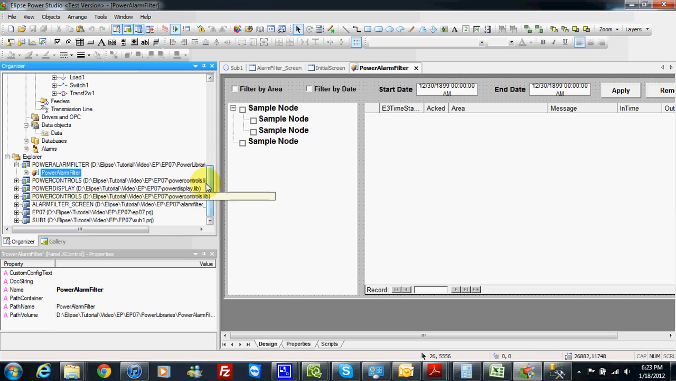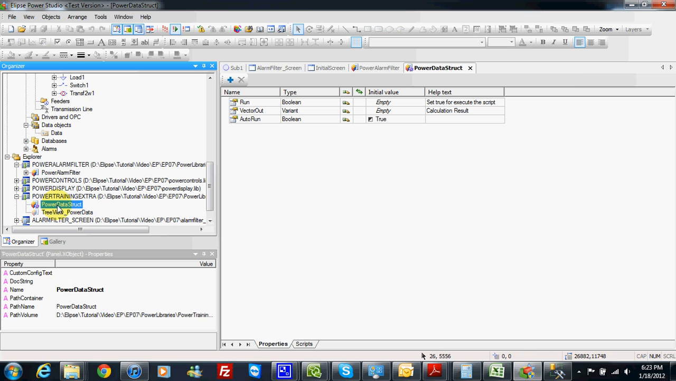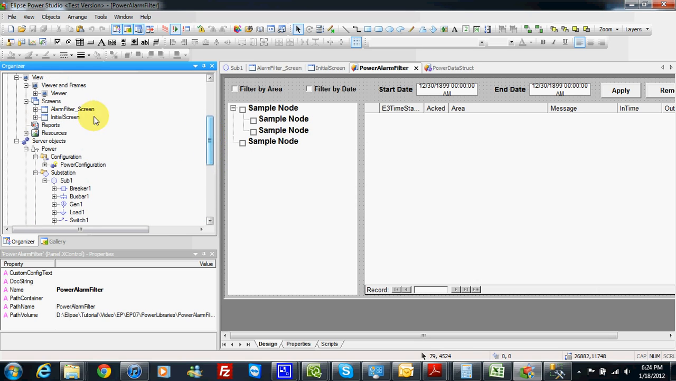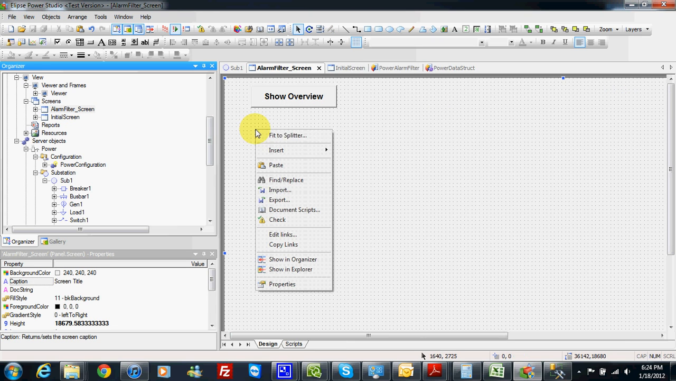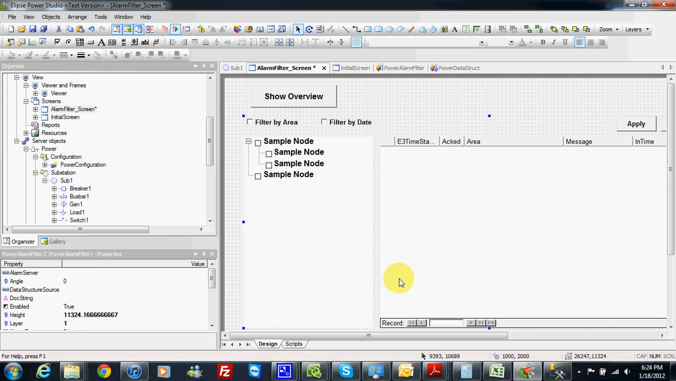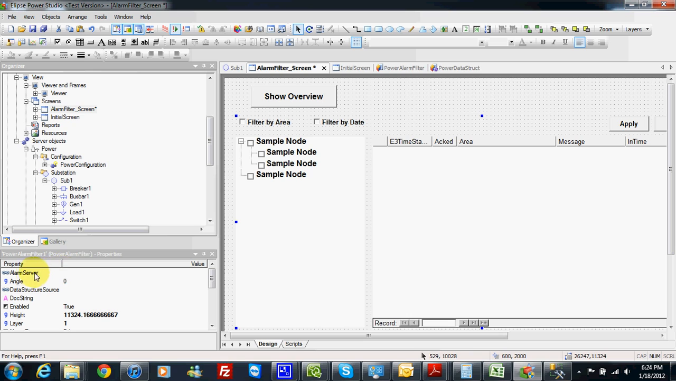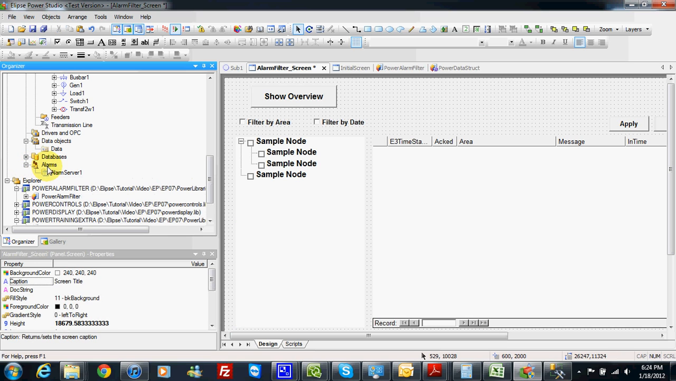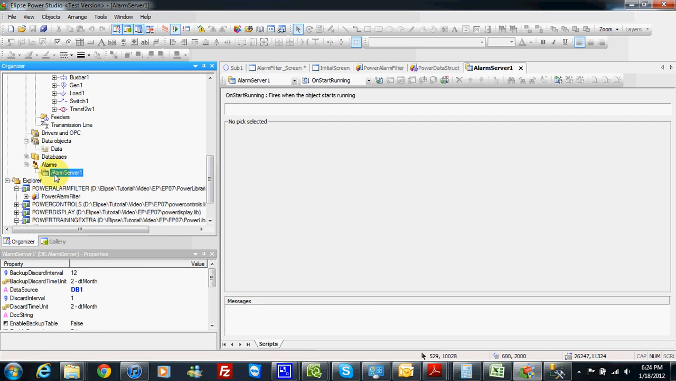So now also I have one X object I need to use, this object called power data structure, and this is very useful to make the filter work. So I will go to my screen here, and I will insert this new Xcontrol, power alarm filter. And this power alarm filter needs two inputs. The first one is the alarm server. So I will go to the alarm, and I will have the alarm server here. I will insert one alarm server,